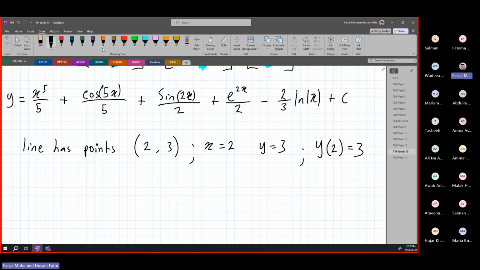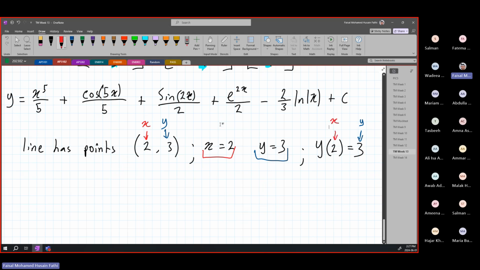And I'm going to go through each one of these, okay? So this basically means this is x and this is y, okay? Coordinate system. Again, this is very clear. This is your x value and this is your y value. And the last one is, this is your y, and whatever's inside the parentheses here, this is your x value, okay?